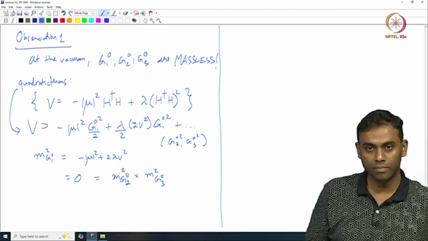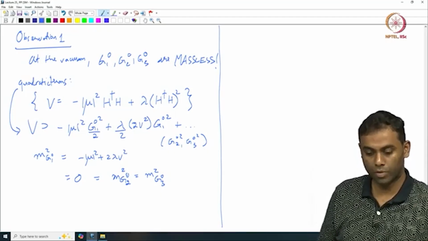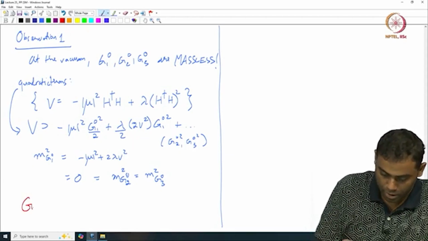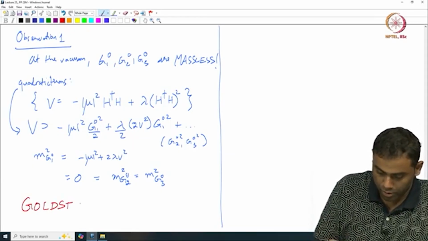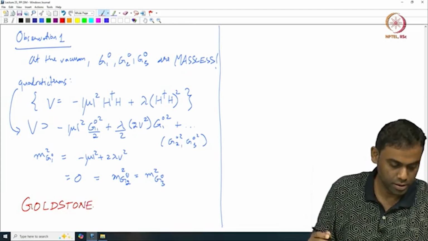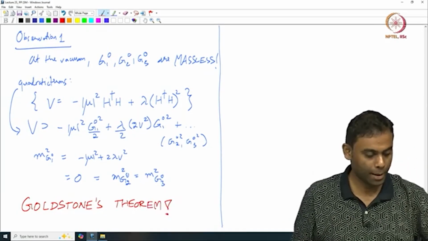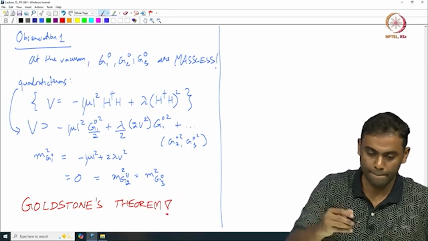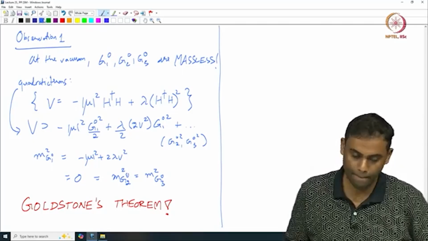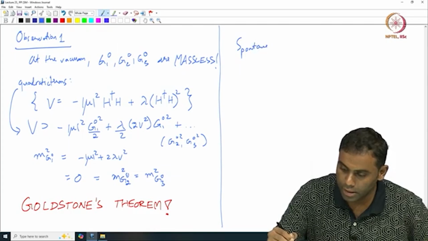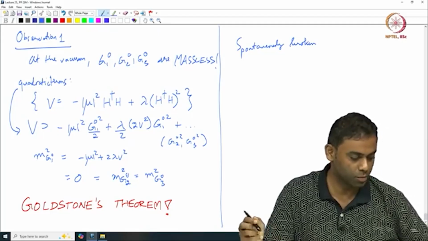So, why did this happen? This is not a coincidence. This is a consequence of a very, very important concept, Goldstone's theorem. What does Goldstone's theorem say? It says that spontaneously broken, see all these words are important now,